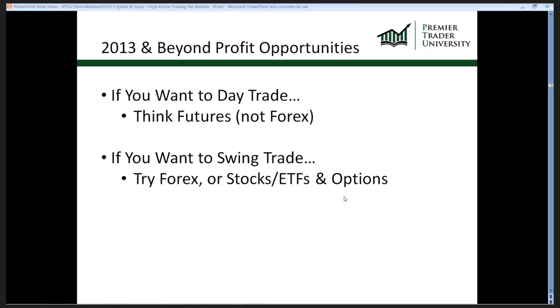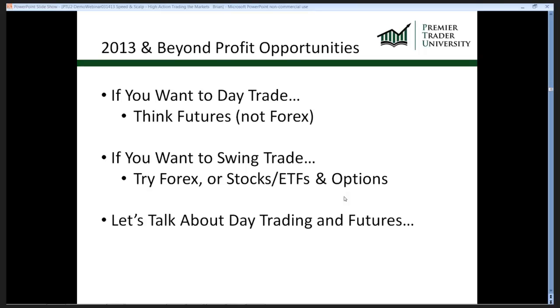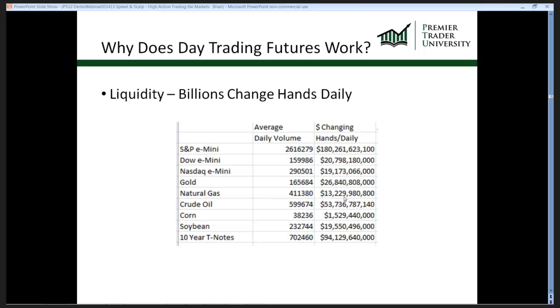But we're here today to talk a bit about more active trading, day trading. So let's talk a little bit on the futures side of the equation now. You know, in Forex, it's touted that there are $3 trillion a day that's traded, and it's a very liquid market. And for that reason, you should consider trading Forex, right? Well, the same could be said of futures, and I've got a table here that shows you the liquidity in futures on some of the different instruments that we look at when we're trading. First one, S&P E-mini. That's a very popular instrument, right? It has a daily average volume of 2.6 million contracts, 180 billion in value exchanged.